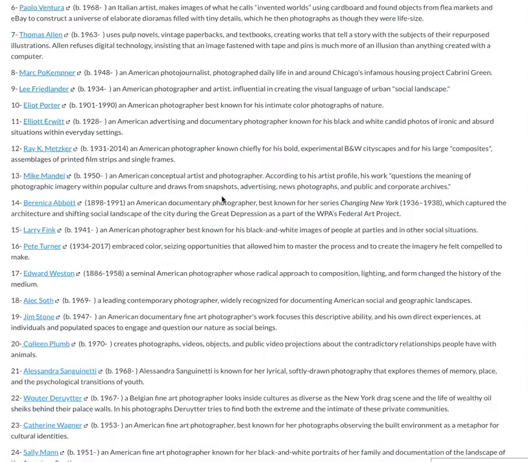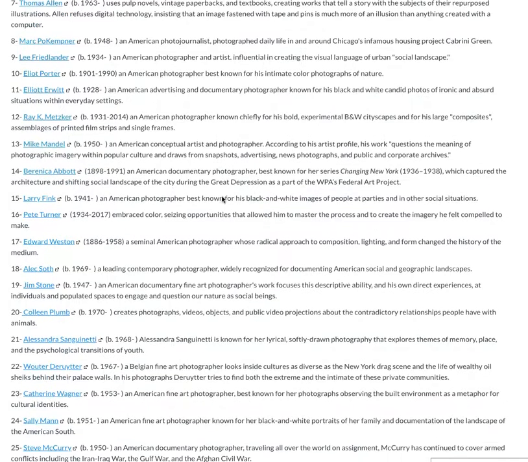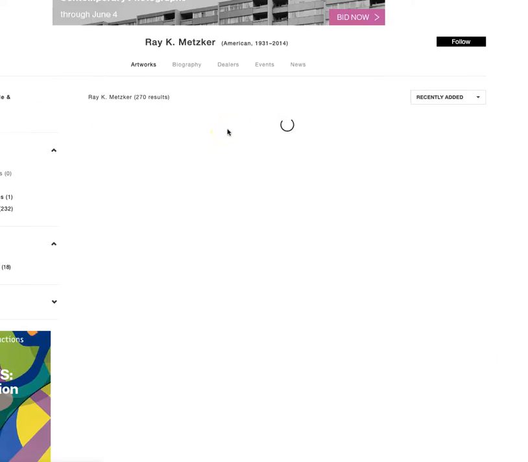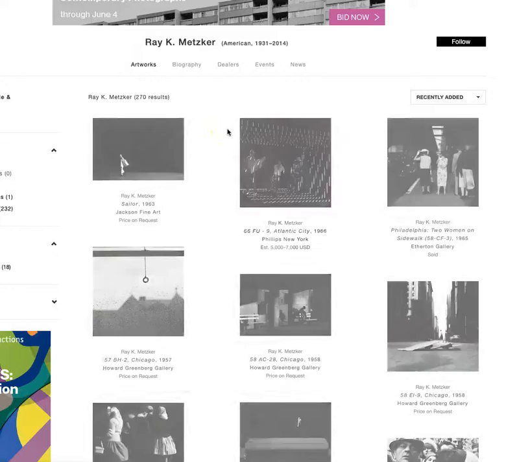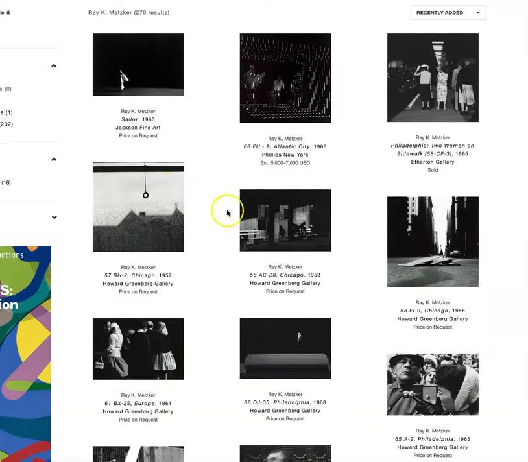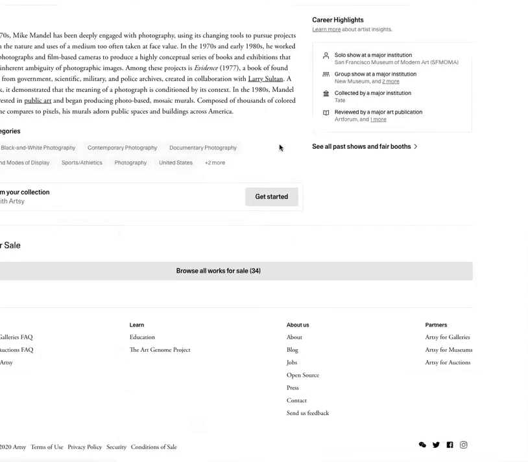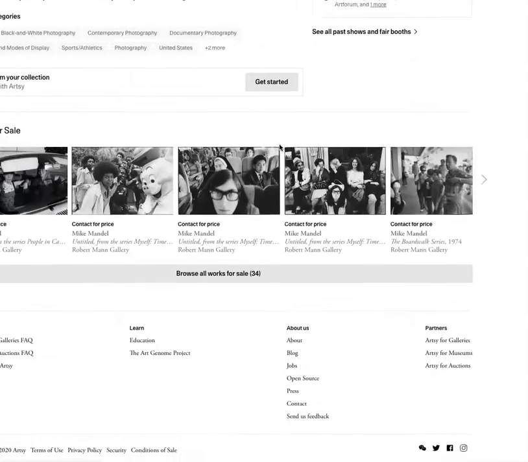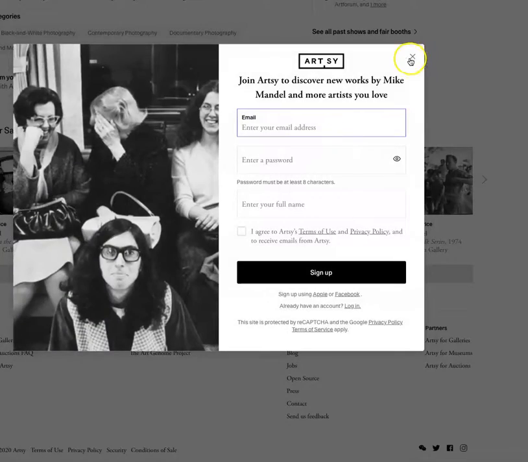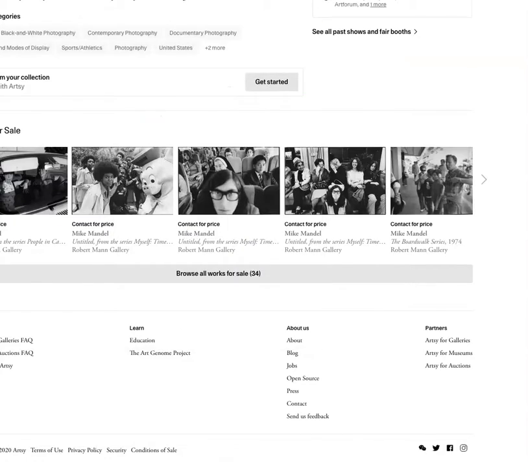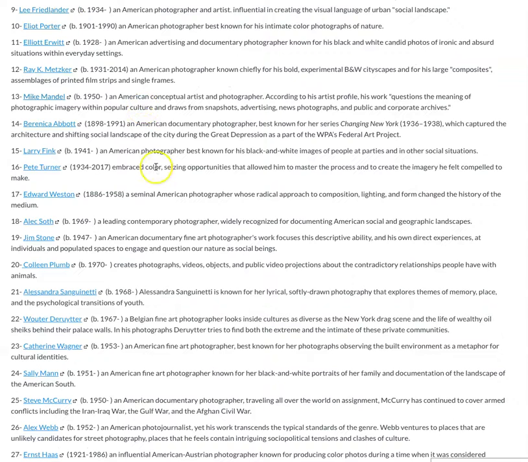And one of the ways to get better with your own photography is to look at the photographers that are on this list and revisit and think about how they're using composition and design, minimum depth of field, showing motion or stopping motion. Mike Mandel is a good photographer who has explored all different types of photography, and Pete